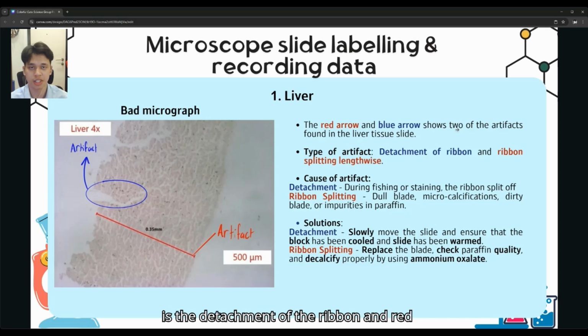As for the bad micrograph, the liver has 2 artifacts, which is separated into blue and red arrow. So the blue arrow is the detachment of the ribbon, and red is ribbon splitting lengthwise. As for the cause, it is during